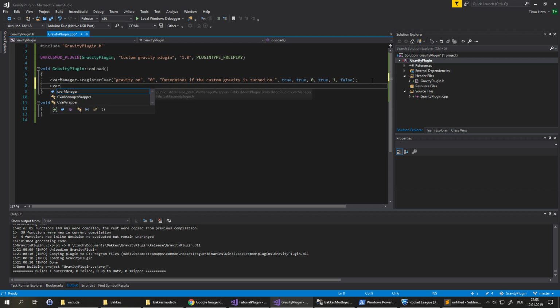Then we have cVar manager, and we're gonna register cVar for gravity strength. It's good. The default value is gonna be